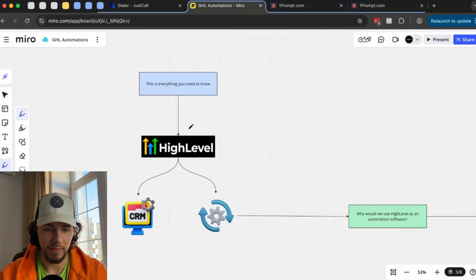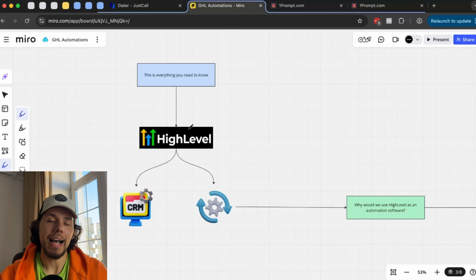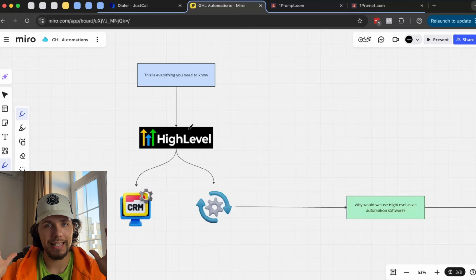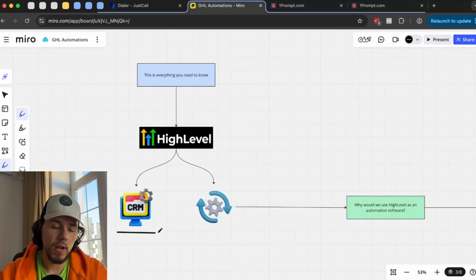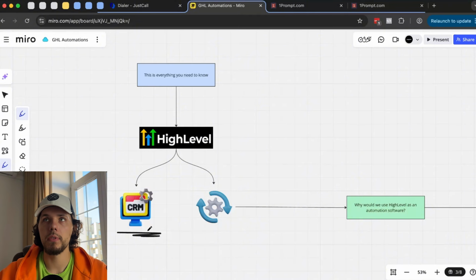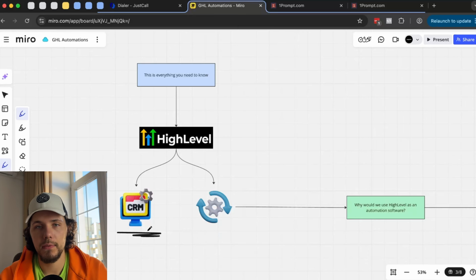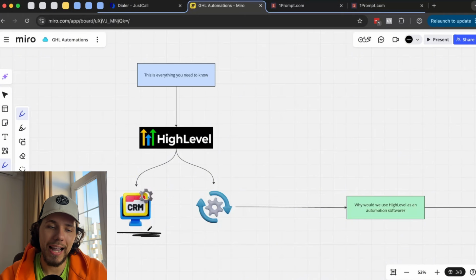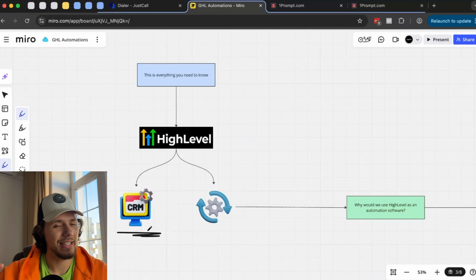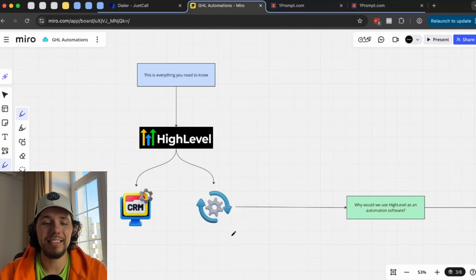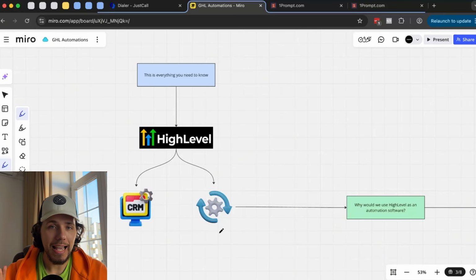What is HighLevel? Usually we say that HighLevel is the most customizable CRM in the world. But the CRM is just a part of this entire, let's call it, infrastructure, because there are a lot of CRMs on the market. Where HighLevel actually stands out, besides customizable options to build your own CRM for your own needs, is the actual automation platform. It has one of the best automation capabilities in the world